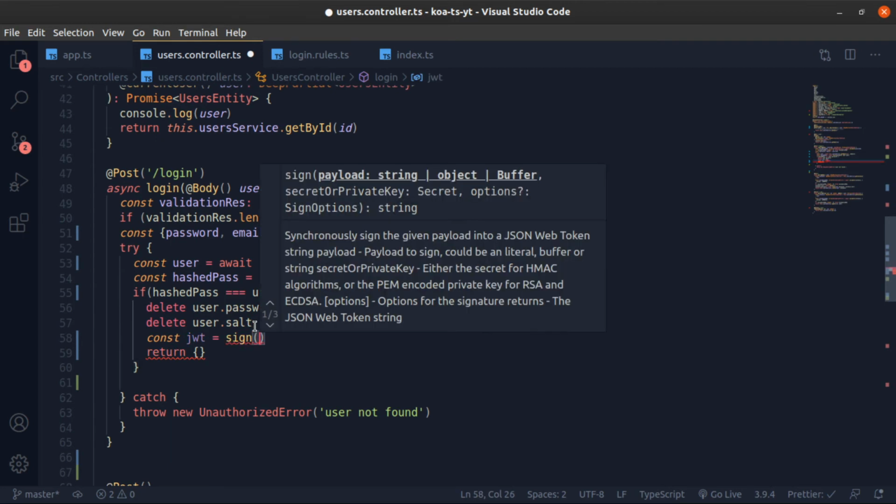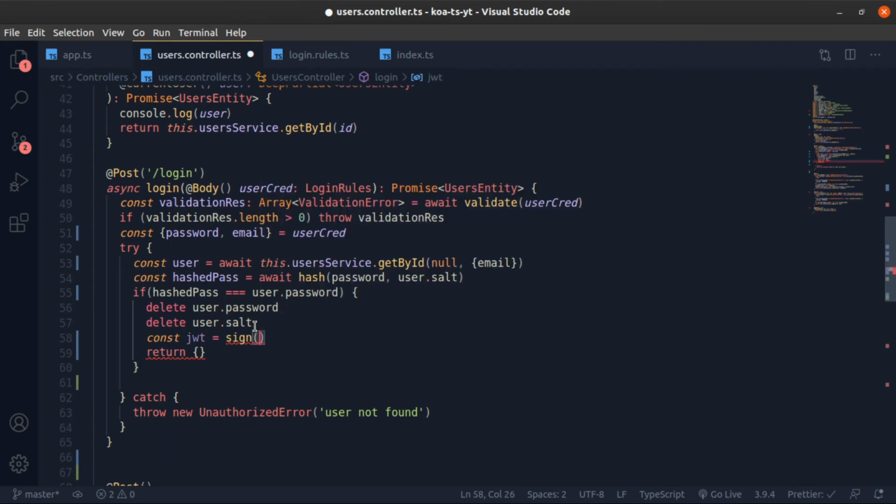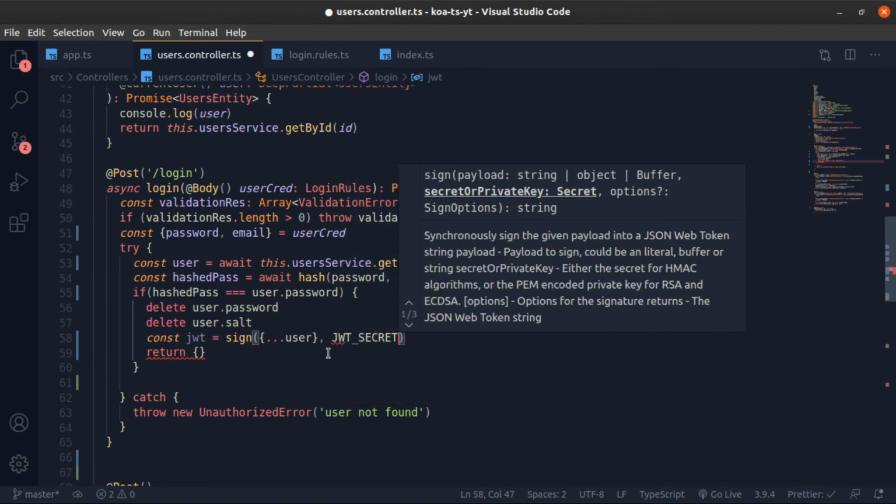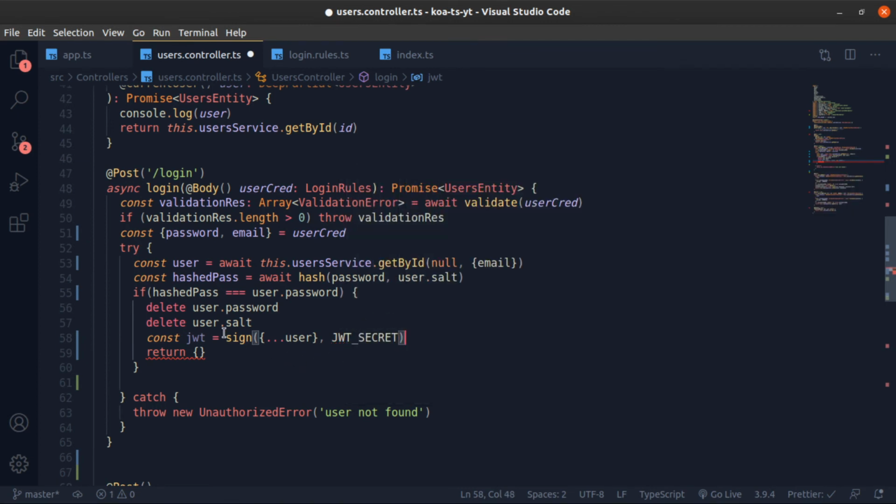So sign, this requires a literal object like this, but this is an instance from the user's entity. So what you can do, I think you can do this. You can actually do this, or